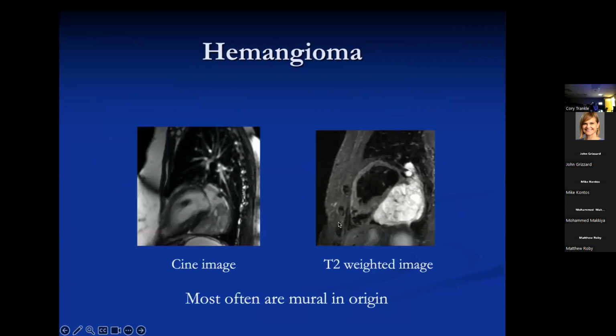This is something that, in my experience, I haven't seen reported in the literature, but you see this T2 weighted STIR image. You see these little septations in this hemangioma. I've seen that in several of them, and it's really characteristic. I don't see it in anything else, and you see it similarly, but not as well depicted, on the cine images. If you see something that looks like that, I'd be very careful about biopsying it. Be really prepared for it to bleed like stink.